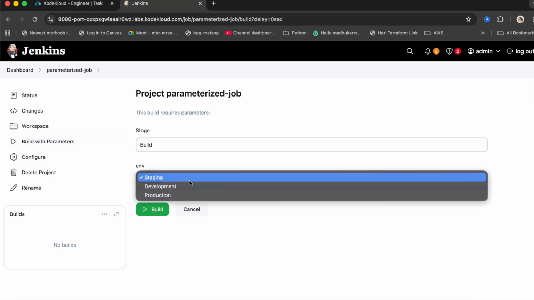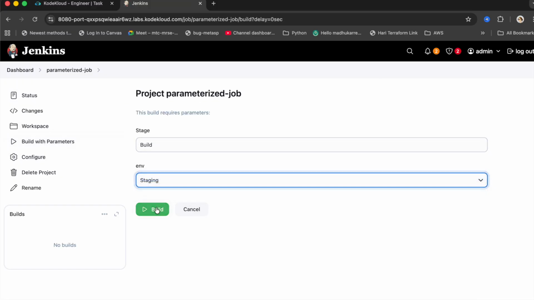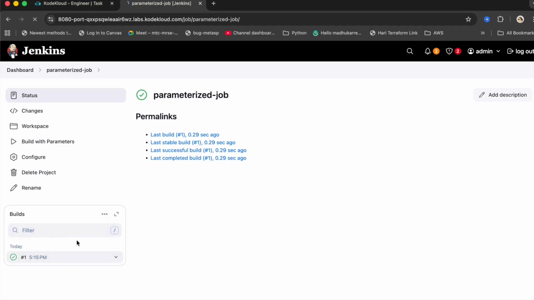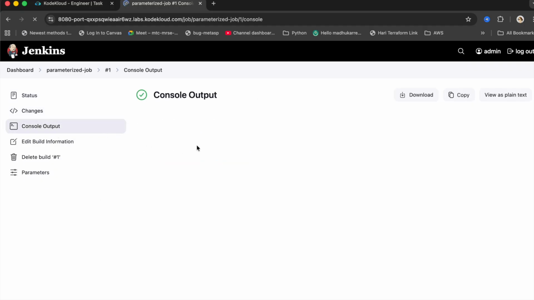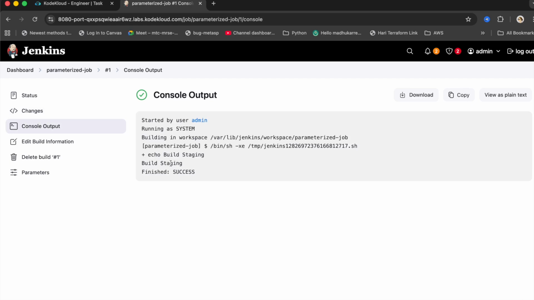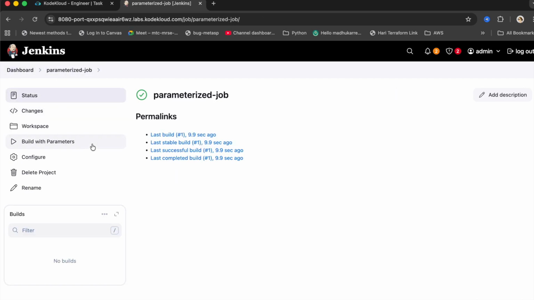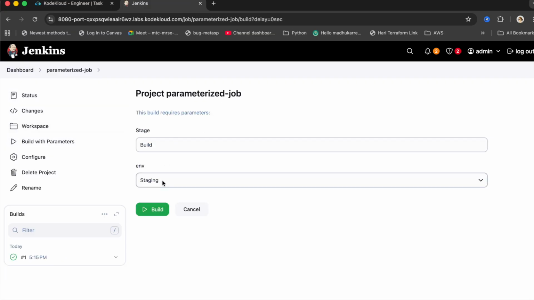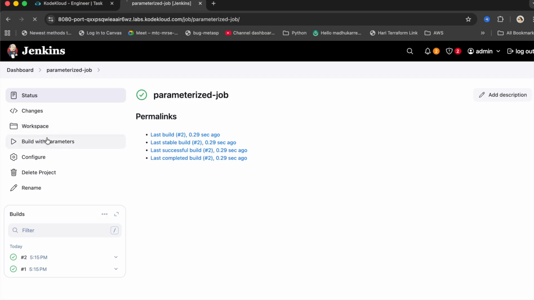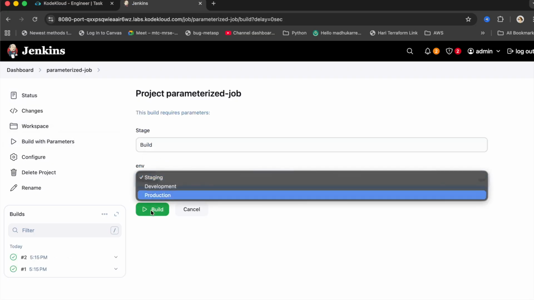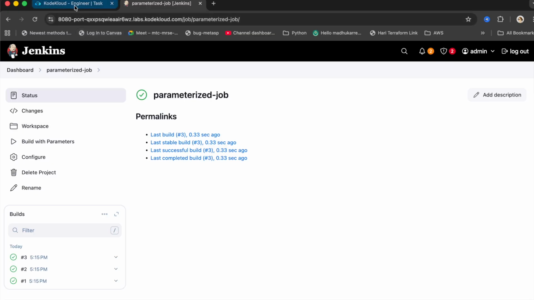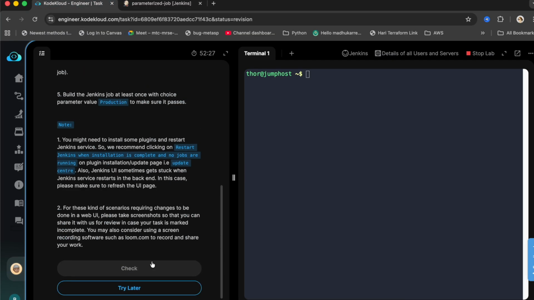So while running, you can choose. For staging, it is build staging. So it just interprets the values. So what you can do, just run it for other environments as well. I mean other parameters. So we ran for three parameters. If you click on check now,